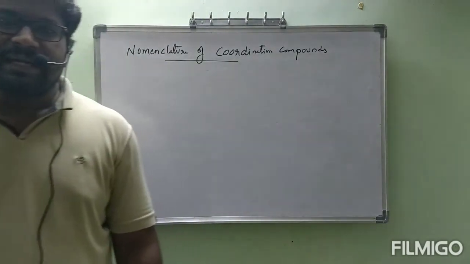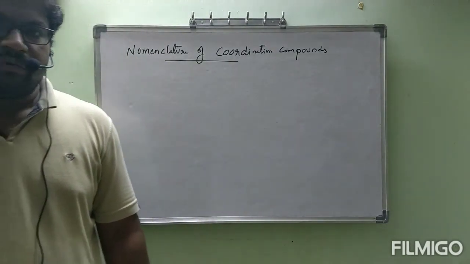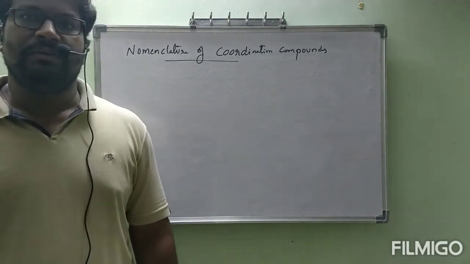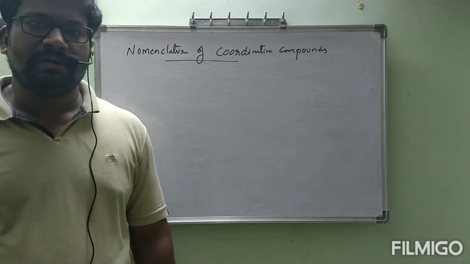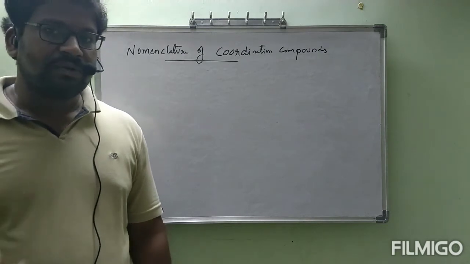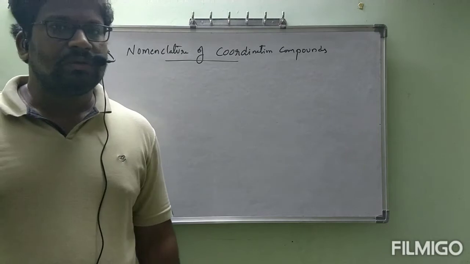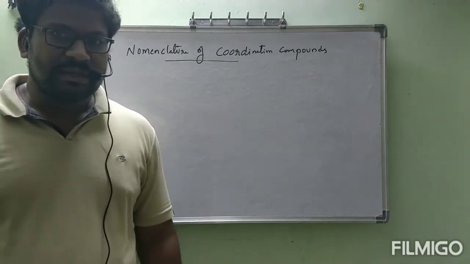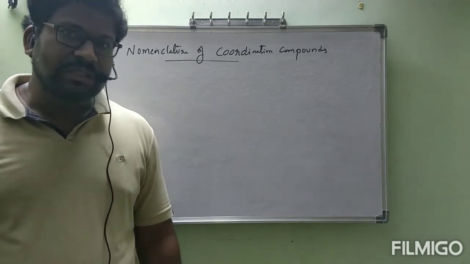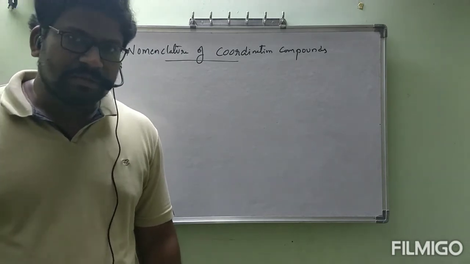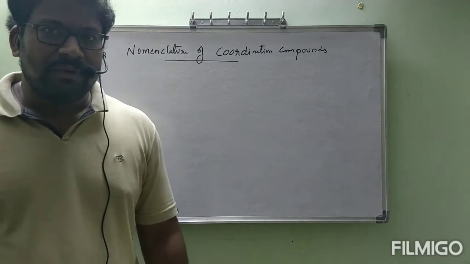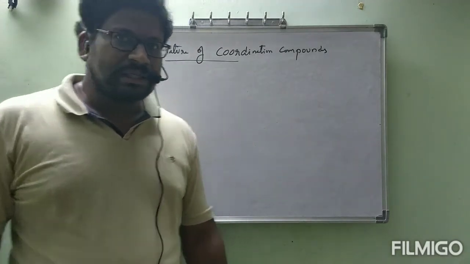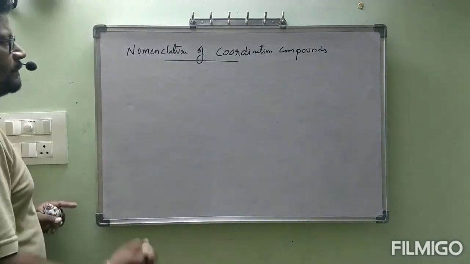First, for writing the names of the coordination compounds, we have to know some rules. Those rules we are going to tell now. First we have to know the rules. After knowing the rules, we can go through how to give the names. I will say some examples and I will write some names. Even in your textbook, some example problems might be given. You can practice them. This is easy, no problem. Not like organic chemistry nomenclature. Easy, simple thing only. First rule.